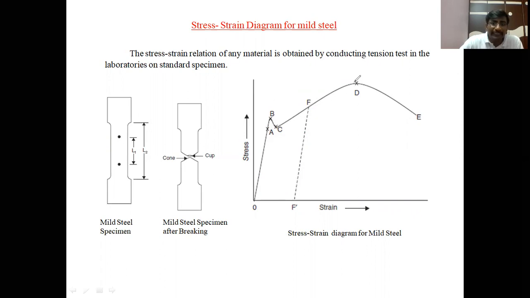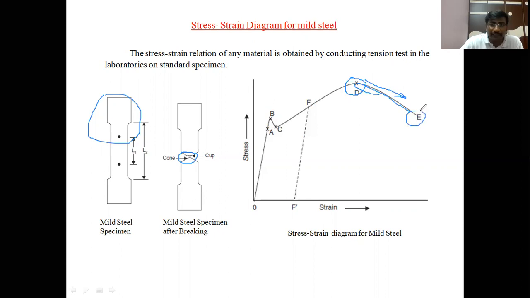Up to point D, the stress increases by applying the load on the specimen. Beyond point D, if we apply the load on the material or the specimen, the stress continuously decreases and neck formation takes place at point D. Neck formation means a decrease in diameter at the weakest section in the specimen. After neck formation, the stress decreases within the material of the specimen.